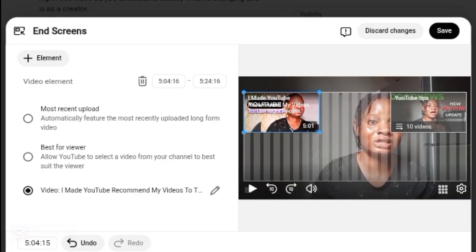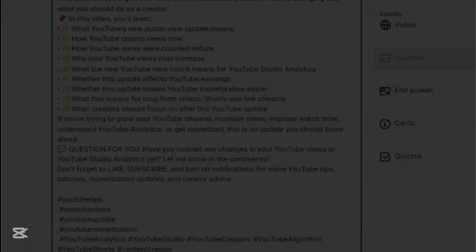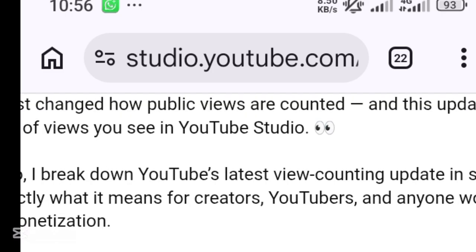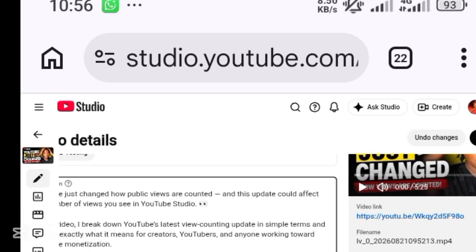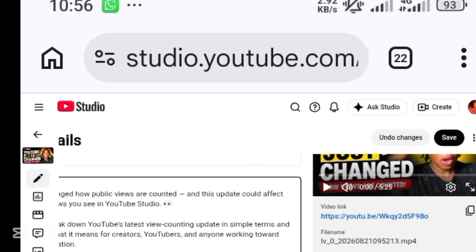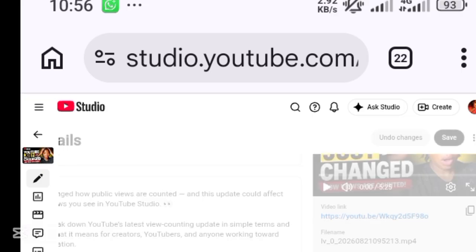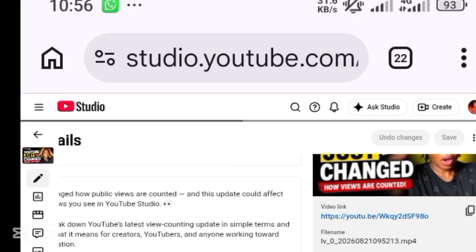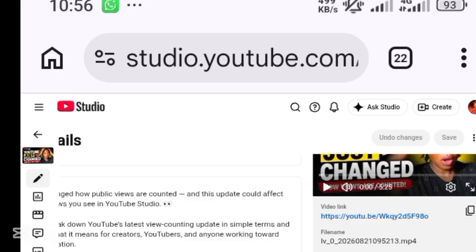And please, before you go out or tap any other thing, make sure you save, because it's very, very important. If you leave without saving, all the editing you have done is wasted, like you just wasted your time. So make sure you save. And after saving, you also go to the whole interface of the video you are editing, and also tap on save. If you do not tap on save, you just wasted your time. Everything you just did will not be saved. The video will just remain as it was before. And that is all you need to do for this tutorial.